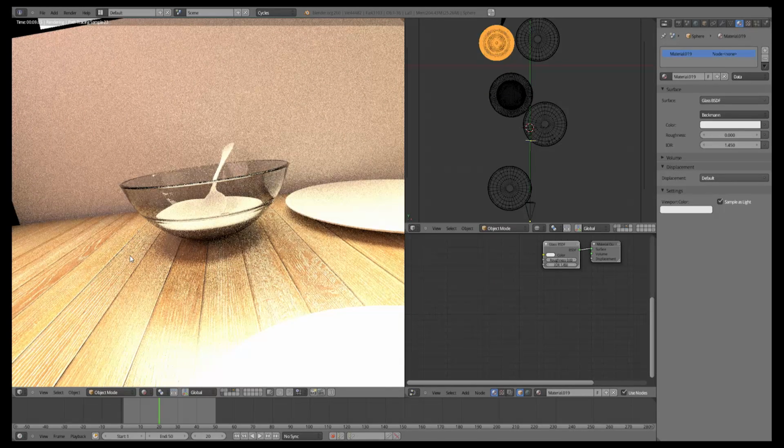If you don't know what caustics are, you might want to Google it, but it's essentially those little light patterns that you get on the ground when light shines through glass. Anyway,